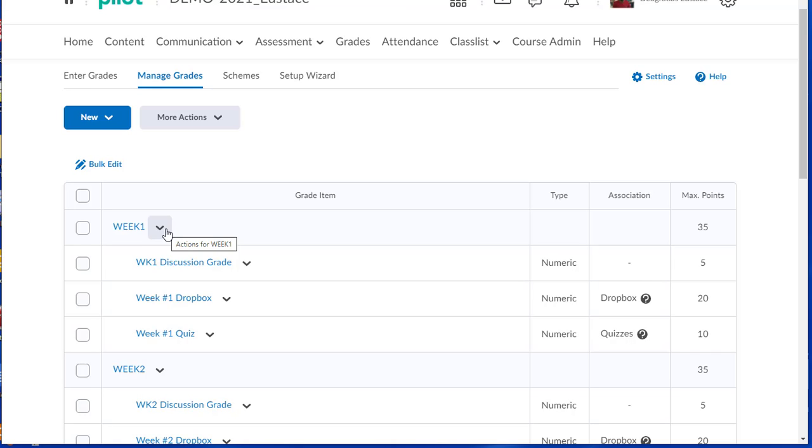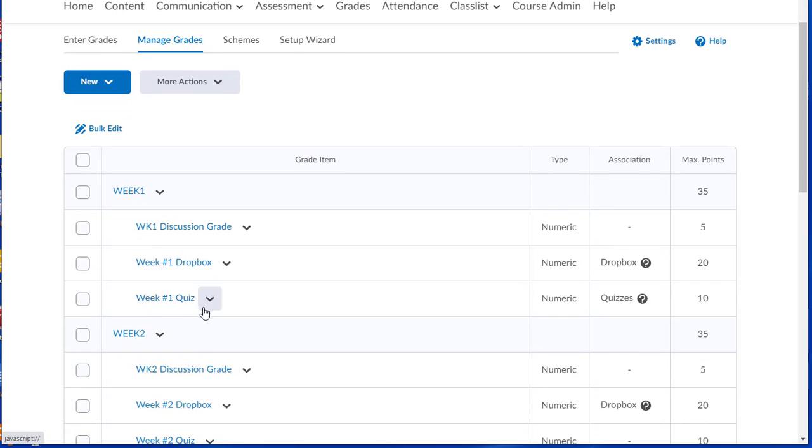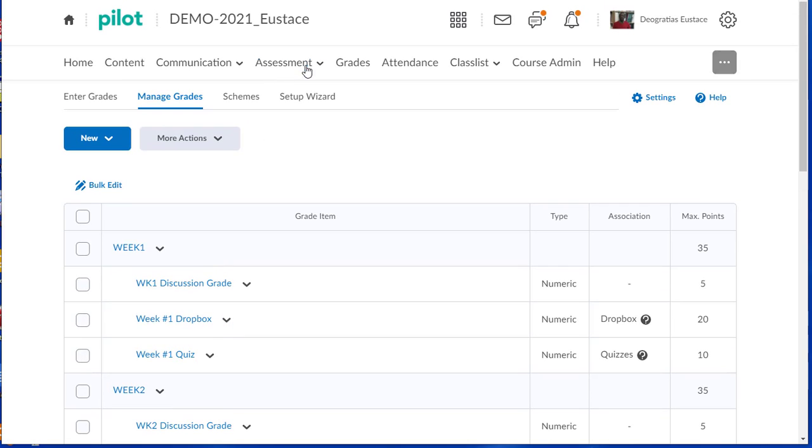For example, this was developed for week 1, this for week 2, and for week 3 a quiz was added. If you want to add an item, for example quiz 2, just go to Grades again on the navigation bar, and then Manage Grades,